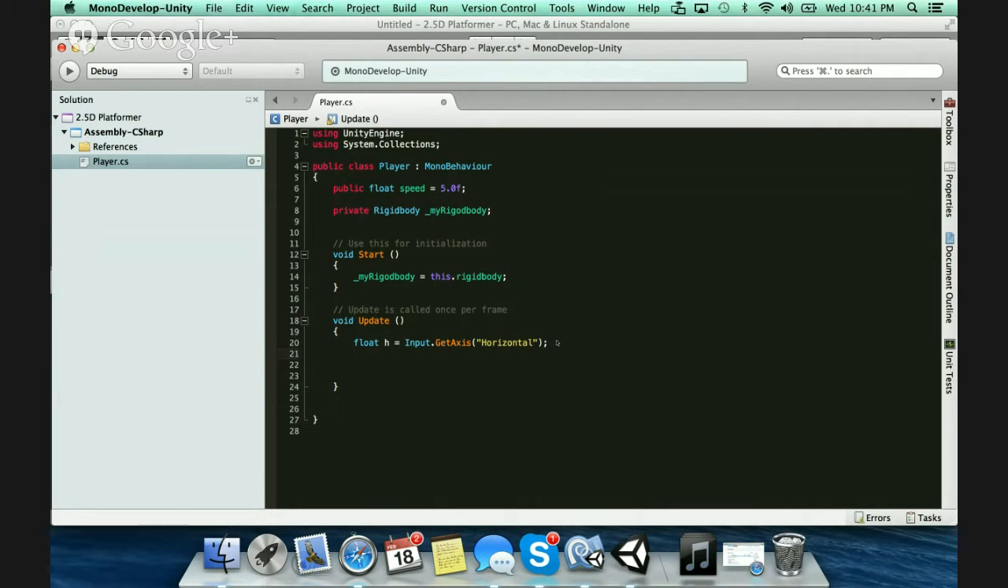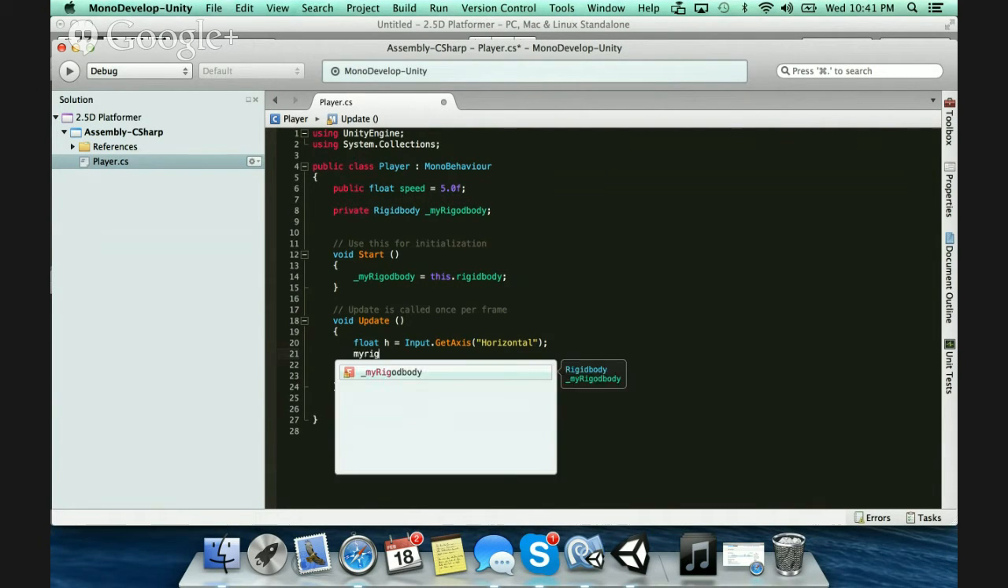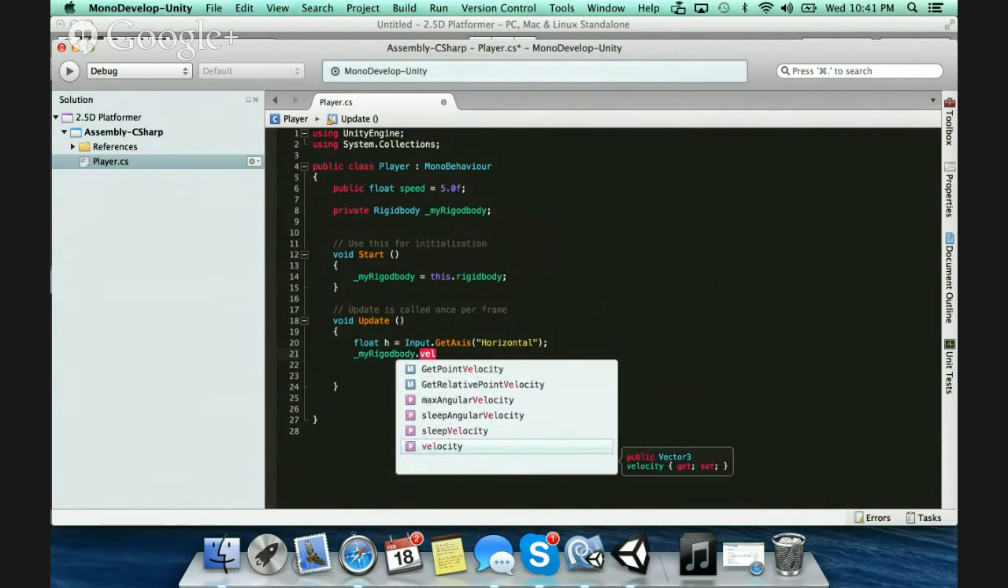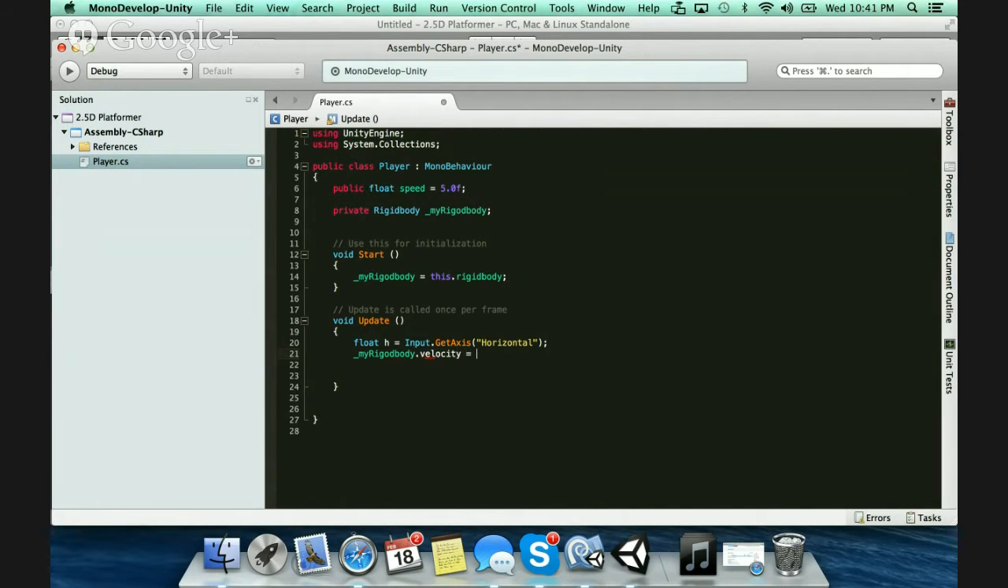So to get the velocity, I just got to say my rigid body. And you'll see that a property comes up saying that you can get this value or you can set the value. And it's a vector3 type. So I'm going to go ahead and say equals a new vector3: user input on the x-axis, which is h. And then that's going to be multiplied by the speed. Right? And then for y,